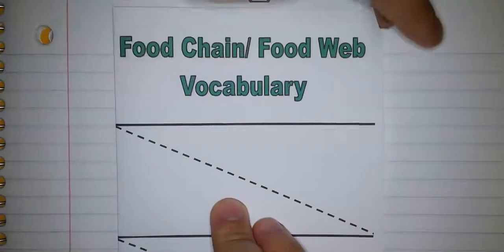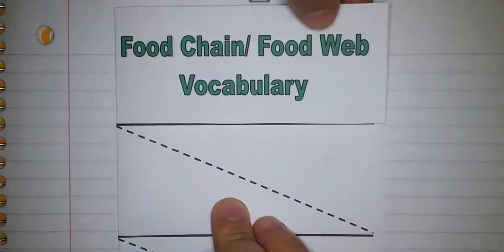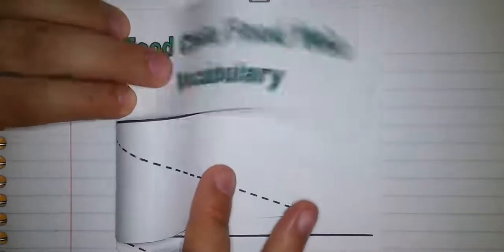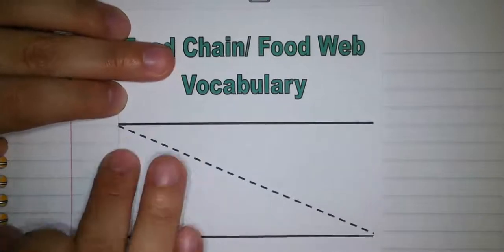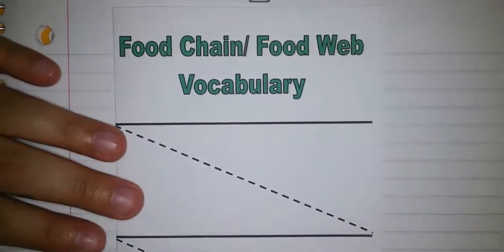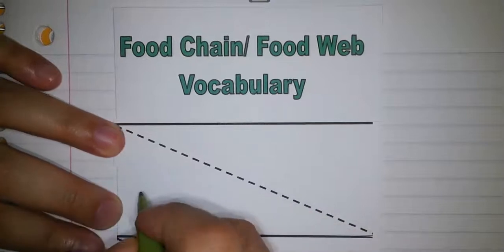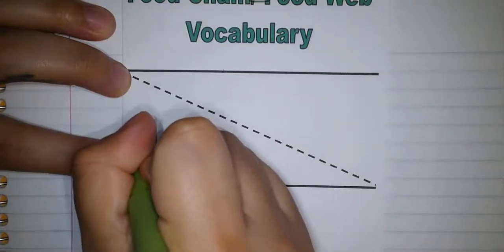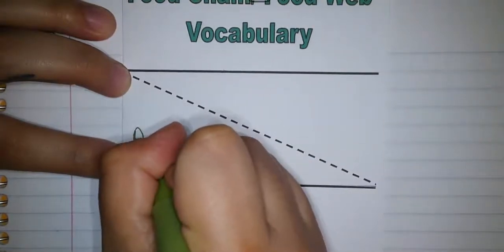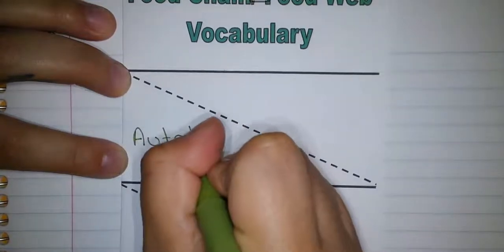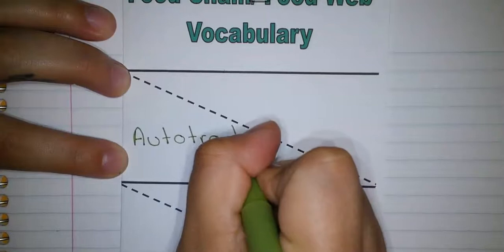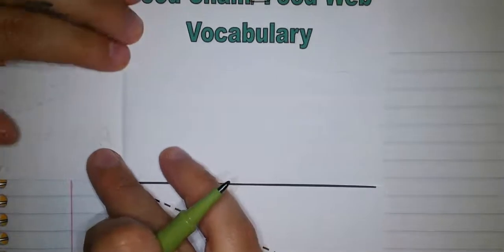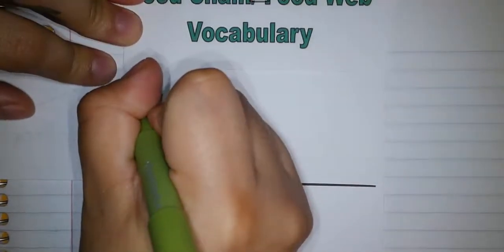So the first one is just the title, food chain and slash food web vocabulary. This one I'm just going to glue it right there. These are the ones that are going to be opening and closing. The first word we're going to start off with is going to be autotroph. So I'm going to move it up. Autotroph. And the definition is going to be an organism